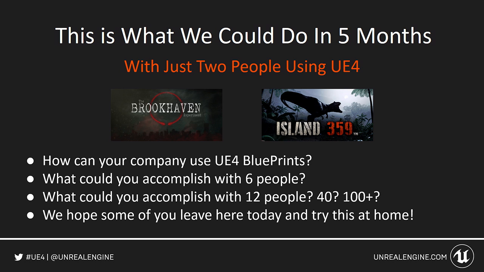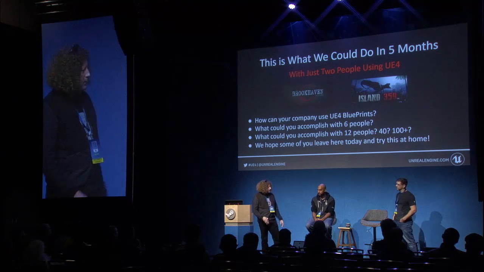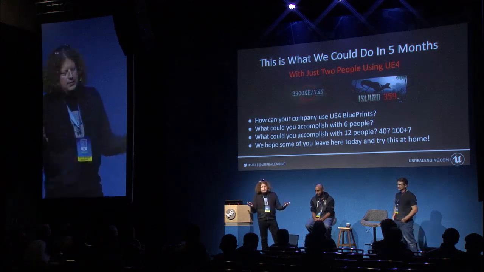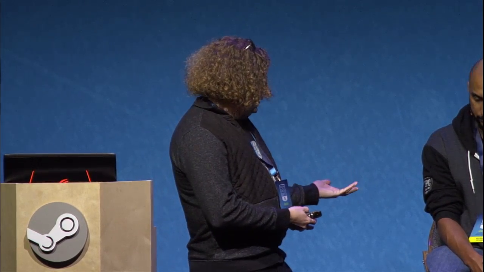It's the Elon Musk idea of, here are the patents, everybody use them because it drives the price down on all the parts. If everybody else is out there using Blueprints, there are more shared assets in the store, because people say, I got this really great pack that's super easy for me to use, and they release it for free. Epic is always happy to support stuff if everybody's using it. And more importantly, the Ask forums become more robust, because the more people who get stuck and ask questions, those questions get answered. So when we get stuck and type the same question in, there's an answer for us. So at any rate, that's the talk.